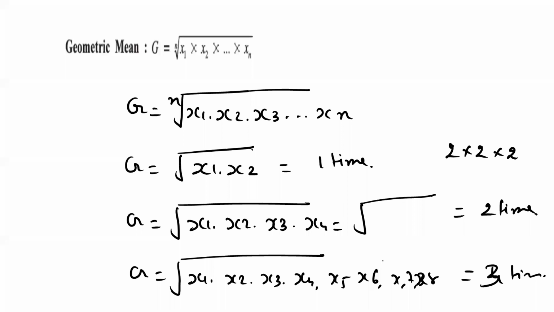Okay. Now let's see the question, friends. Exercise 3.3. Roll number 31, start reading, please. The following data show the number of books read by 8 students of a class during last month. Find the average number of books by using geometric mean.